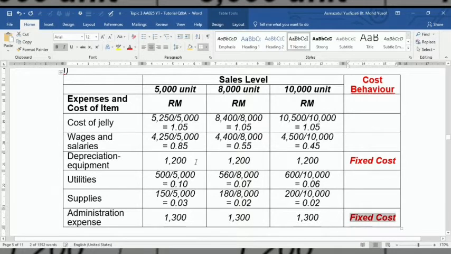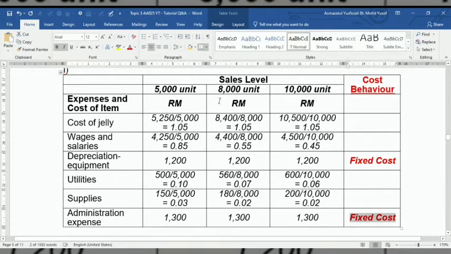So now, for cost of jelly, wages and salaries, utilities and supplies, okay, the total cost is not same. Okay, so that you have to calculate the cost per unit. Okay, for example, we take a look at cost of jelly. Okay, at 5,000 unit, okay, the total cost is 5,250. So, you divide by 5,000 unit, so you get the total cost per unit is 1 ringgit and 5